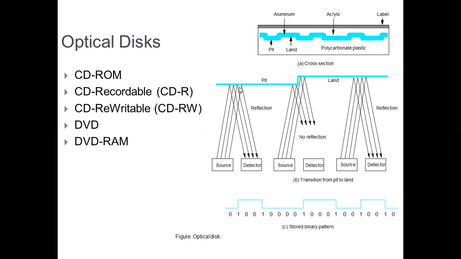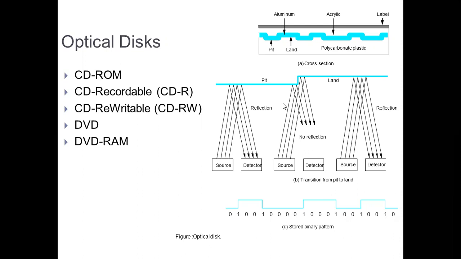How do we do the formation of the binary pattern, or the recognition of whether it's a 0 or a 1? We use a phase shift. There is a source and a detector. The source sends the optical rays onto the disk. If the detector observes the reflection, then that particular phase will have no shift.